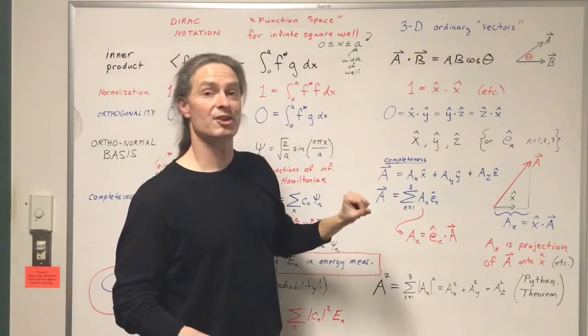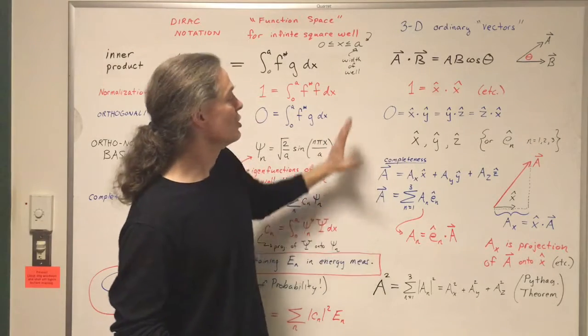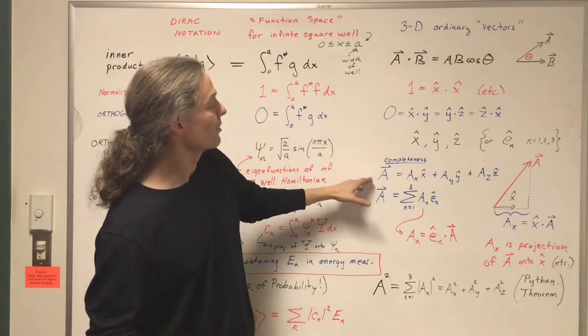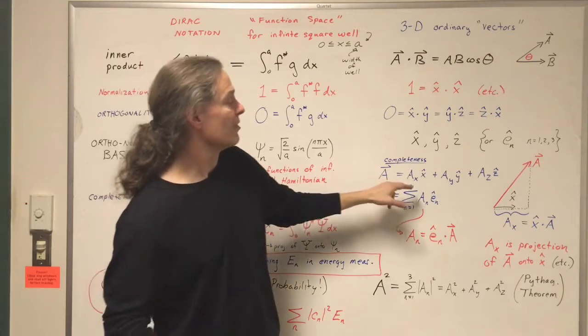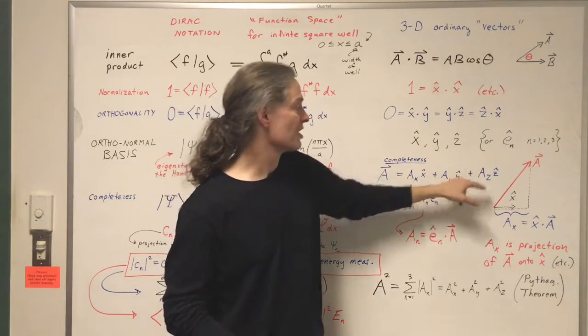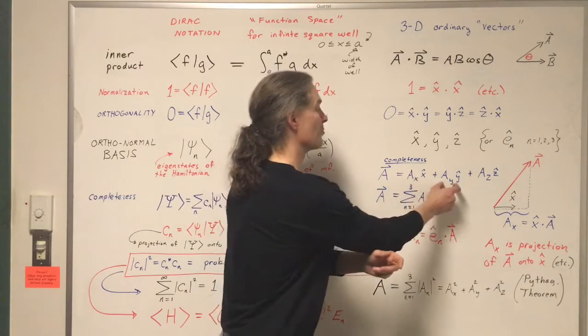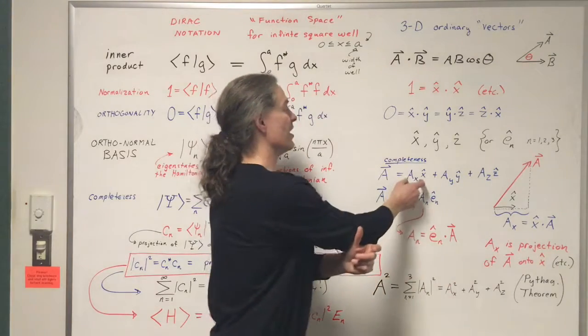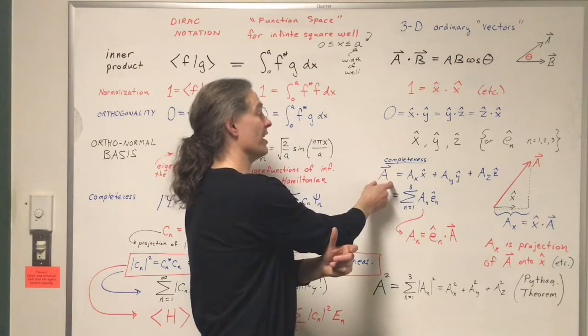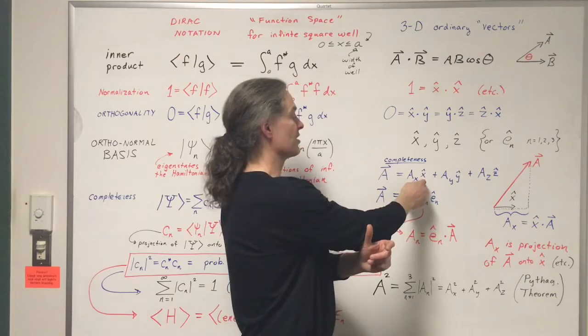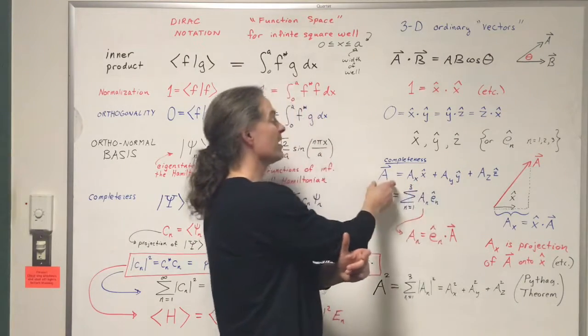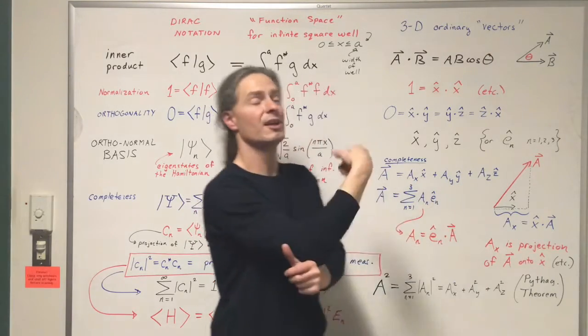in three-dimensional vector space. What that means is you can build any three-dimensional vector out of combinations of x hat, y hat, and z hat just by mixing in appropriate amounts. A sub x tells you the amount of vector A that's in the x hat direction. A sub y tells you the amount of vector A that's in the y hat direction, and so